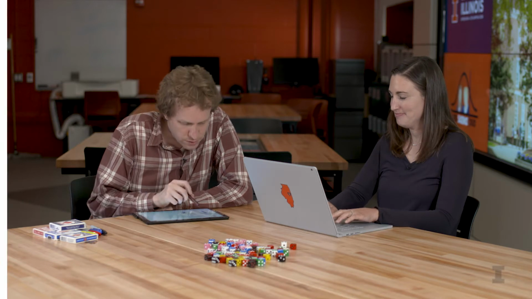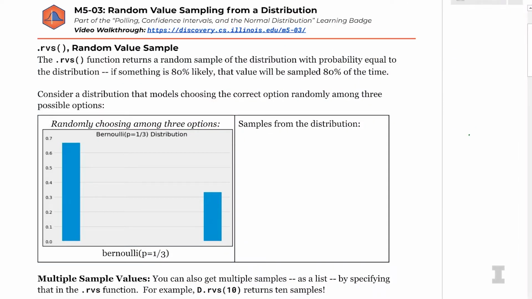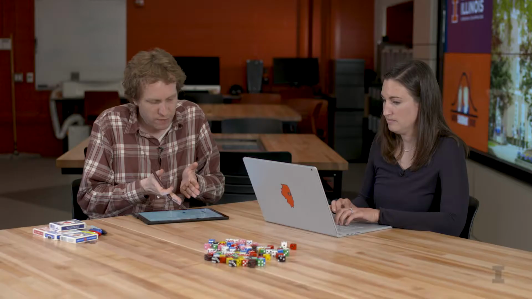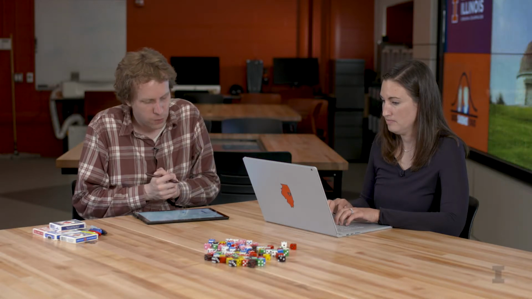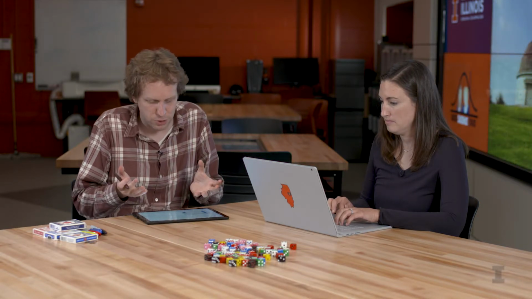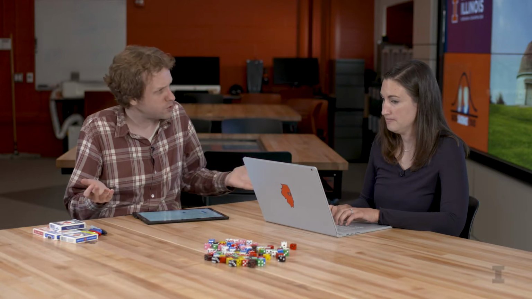So the first distribution I have here is randomly choosing between 3 options, where we have a 66% probability of failing because 2 options are a failure, and a 33% probability of succeeding because one of the 3 options is success. Because we have a 1/3 probability of being successful, this looks like a Bernoulli distribution that has a probability of just 1/3.